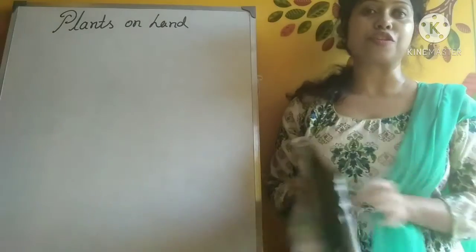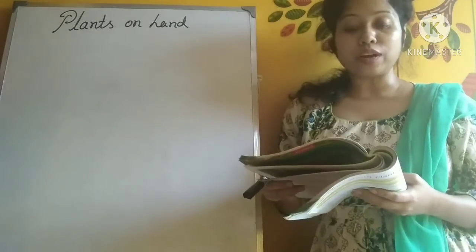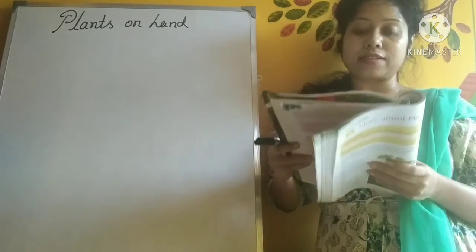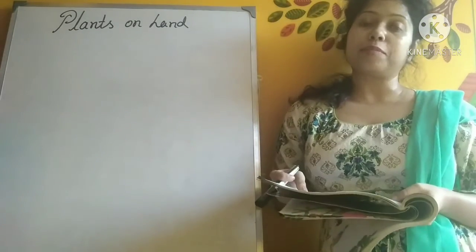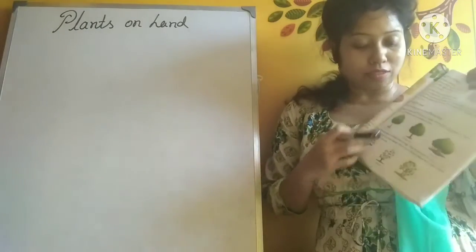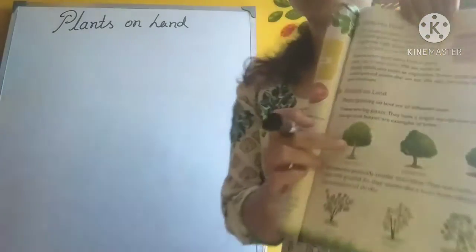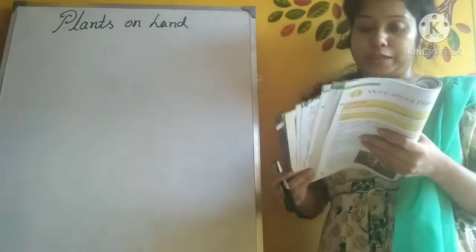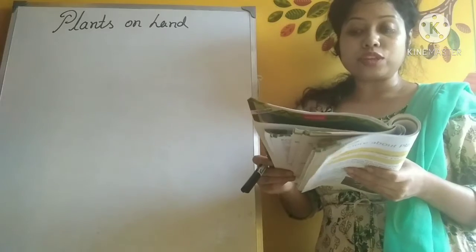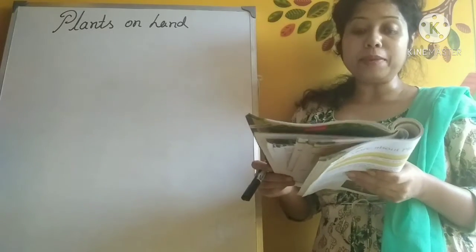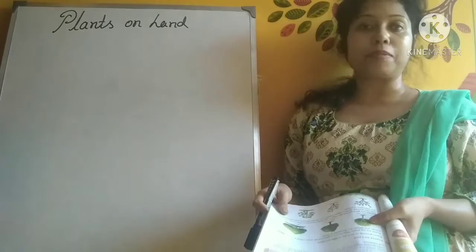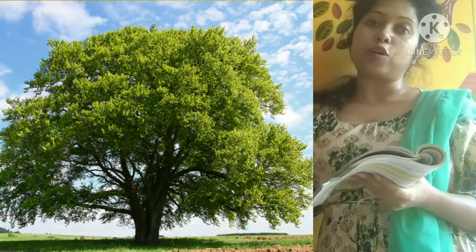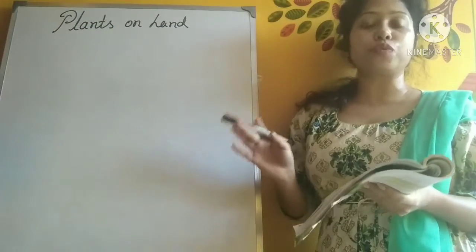Okay, so pay attention. Plants growing on land are of different types. Trees are big plants, and they have a single woody stem called a trunk. So this is called the trunk. Can you see this? Yes, so this is called the trunk of a tree. Neem, mango and banyan are examples of trees. So trees are big plants, okay? And neem, mango and banyan are all examples of trees.